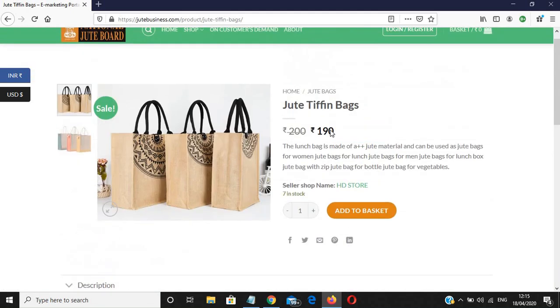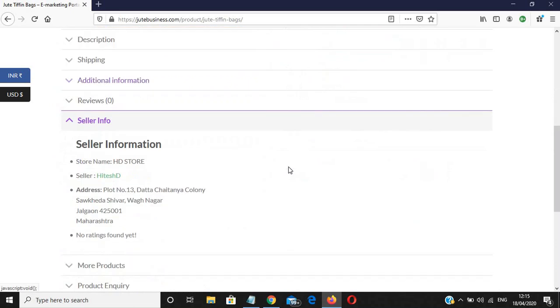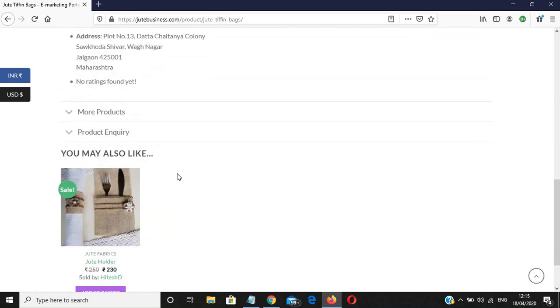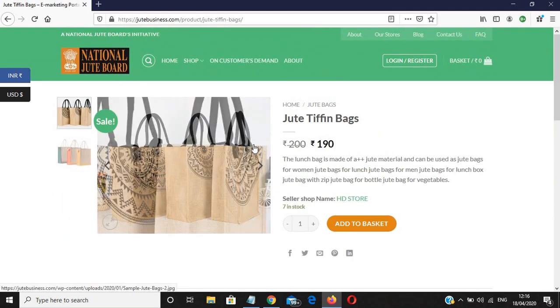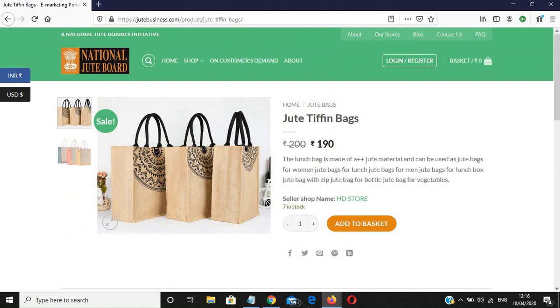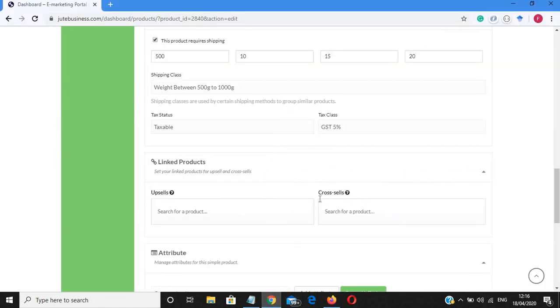Like this. This is my current product page, and I am adding this upsell. I already added this product into my product section, and I have uploaded it as an upsell or linked product while filling the product upload form. We can see there are two types of sections in link product. The upsell section helps to make the sale up for our other products. This section makes our sale up, that's why it is called an upsell.